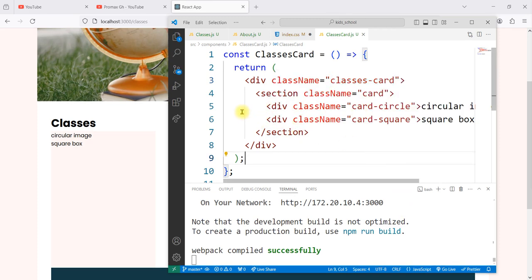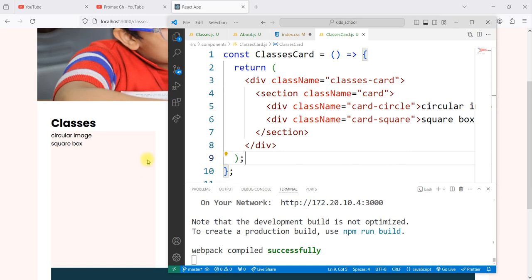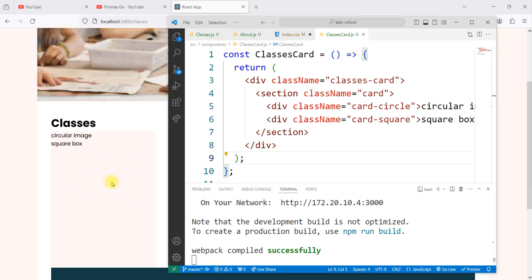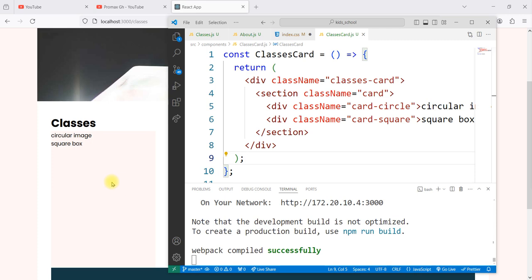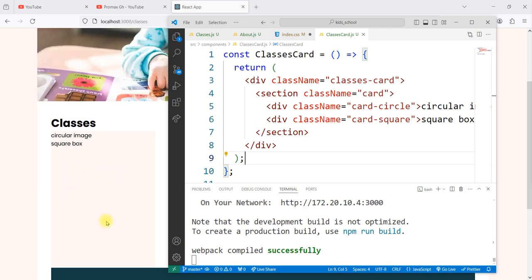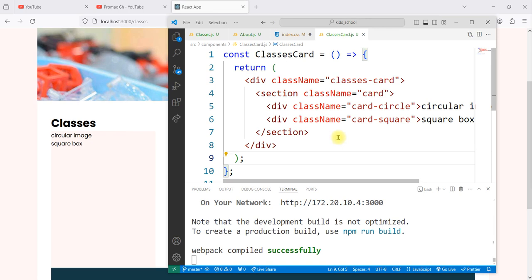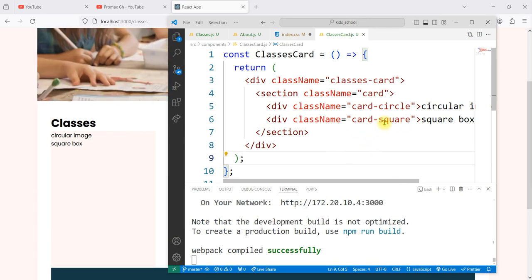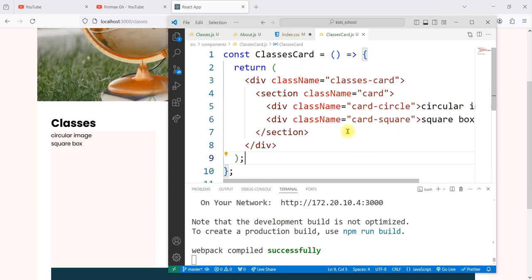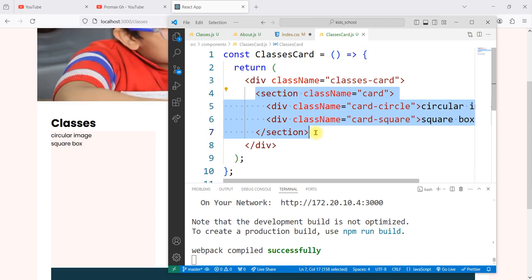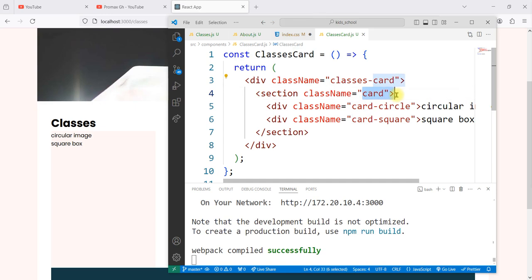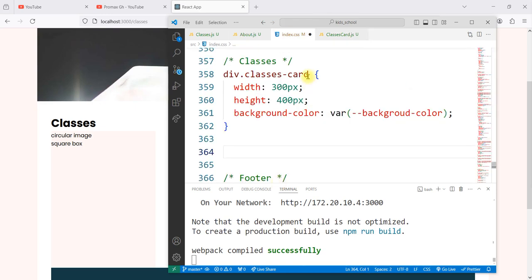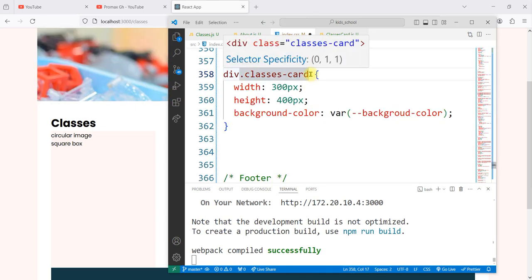So the circular section is going to be this part, okay. So this is the entire card, so we are not actually applying the background to the entire card. It's actually going to be in the square, and here we have the circle and the square all in the card container, this card container here. So we could even target the same element with the card container inside it. So let's say this particular element also